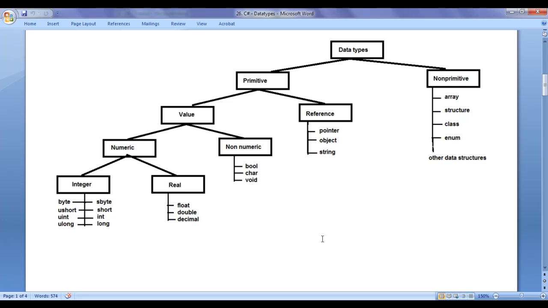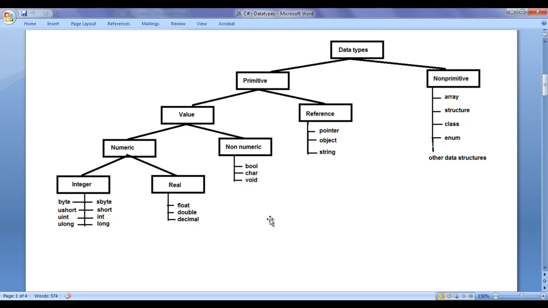Boolean data type allows us to store and process Boolean values, true or false. There are only two values, true or false. Char data type allows us to store and process characters, guys. That is, a symbol enclosed in between pair of single quotations. As I told, a symbol enclosed in between pair of single quotations is considered as character in C# language. To store and process characters, we take help of char data type.